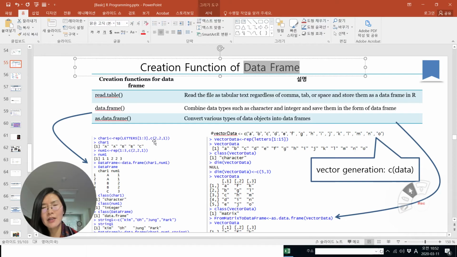Inside of the vector function, we can specify the number of repetitions. So A is 2, B is 2, and C is just 1, right? So using the repetition function and vector function, we can make the